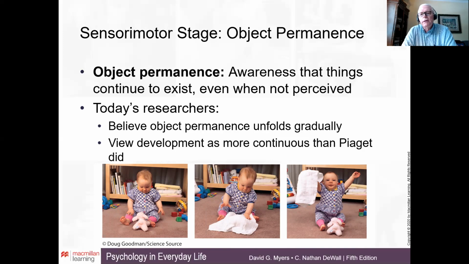One interesting occurrence during the sensory motor stage is the emergence of object permanence. Early on, a child doesn't really know that something exists when he can't see it anymore. But when the child develops object permanence, which according to Piaget is somewhere between 8 months and a year of age, the child now knows that things exist even when they can't see them anymore.